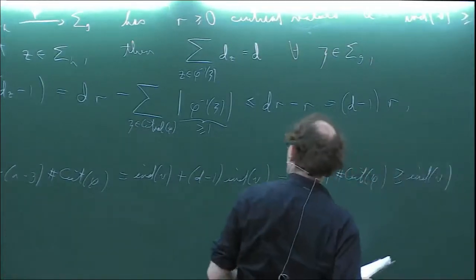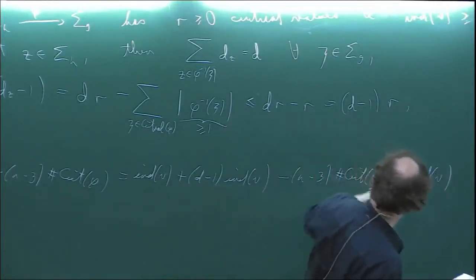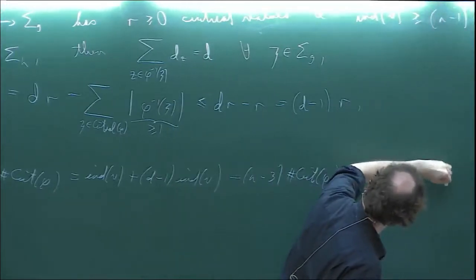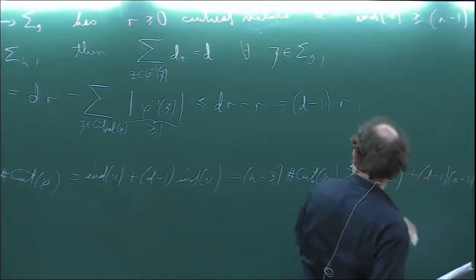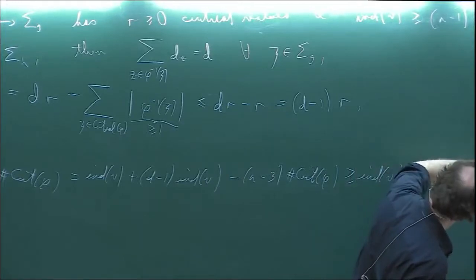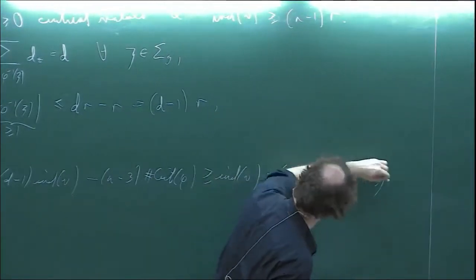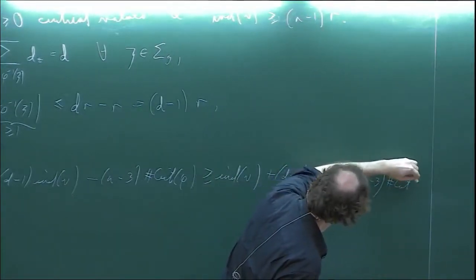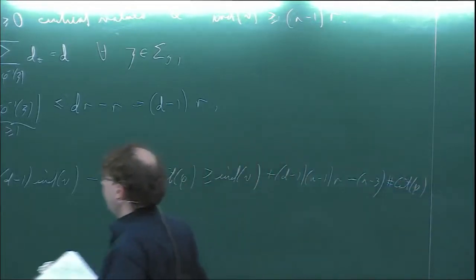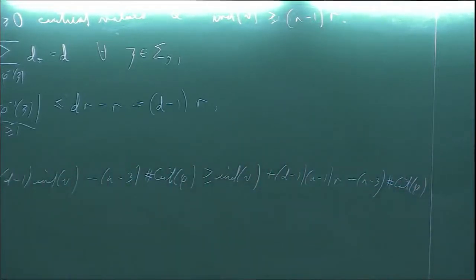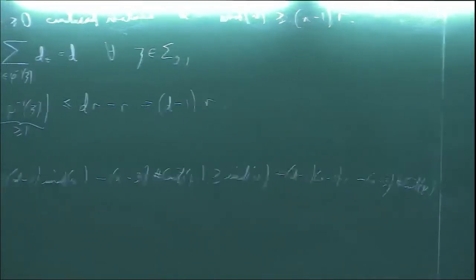So I'll keep the first one separate, but over here I'm going to write this as d minus 1 times n minus 1 times r. And over here, I still have minus n minus 3 times the count of the critical points. I have also an inequality for that count of critical points, which tells me this whole thing is then greater than or equal to index of v